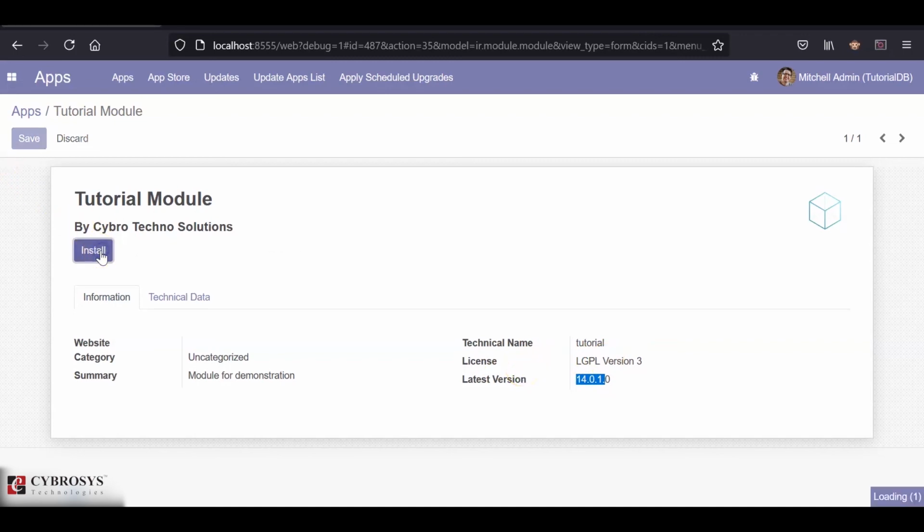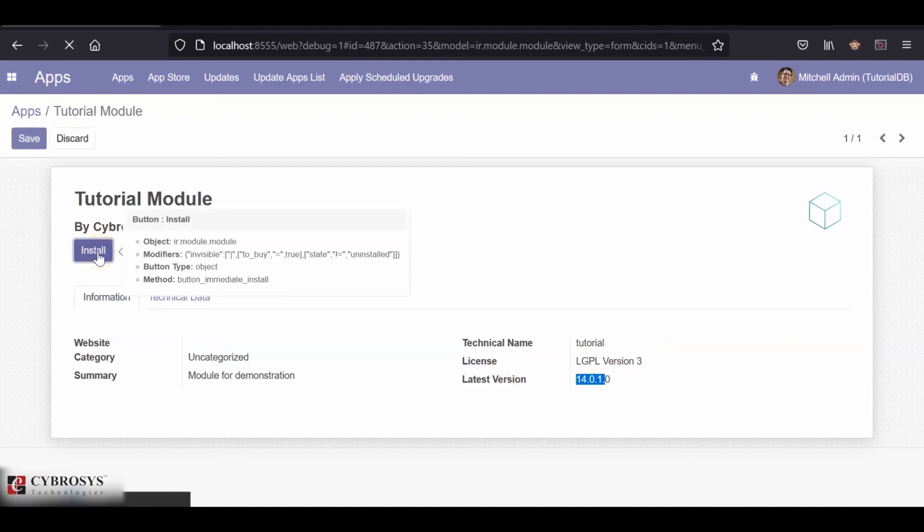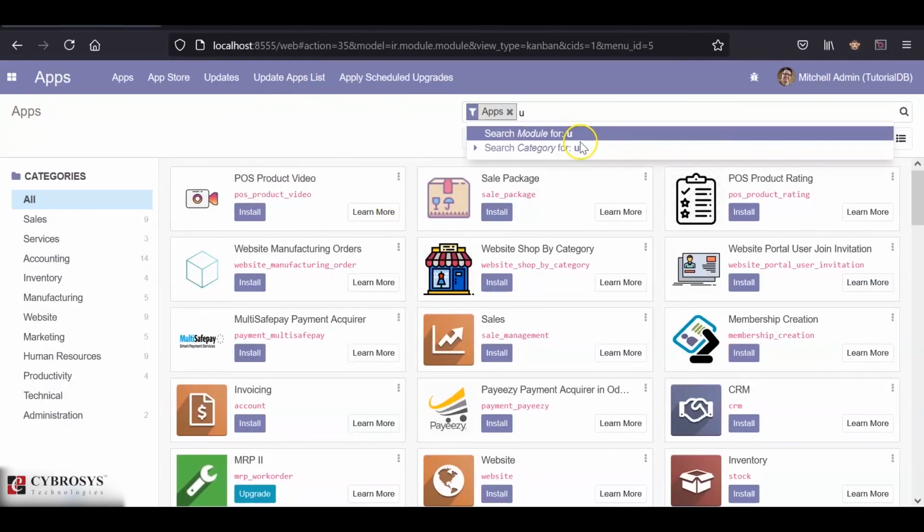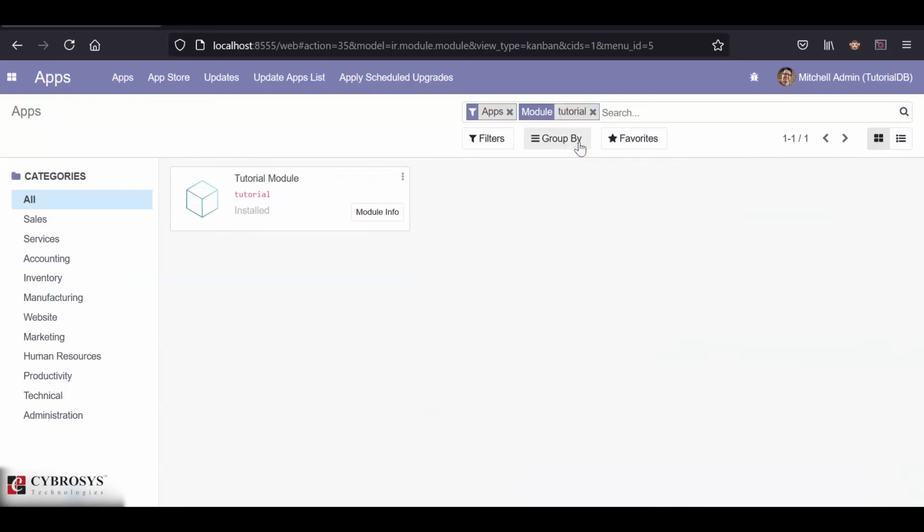Now if we install, we can see that our module is installed. As we haven't given any data, this will just be a blank module. So this is how we create a demonstration module in Odoo. I hope you have understood the video. Thank you.